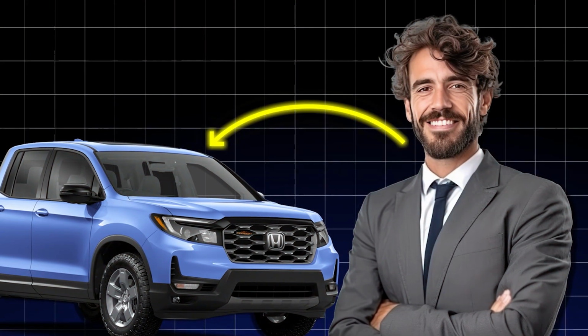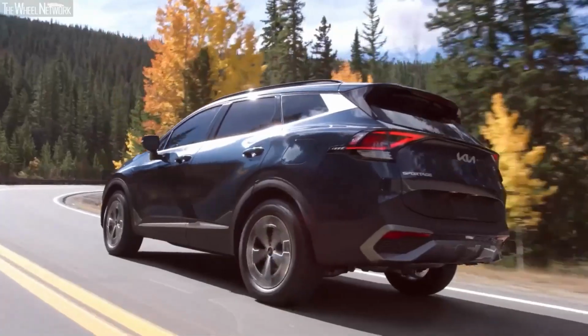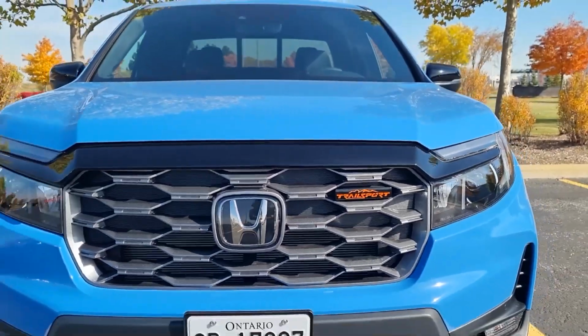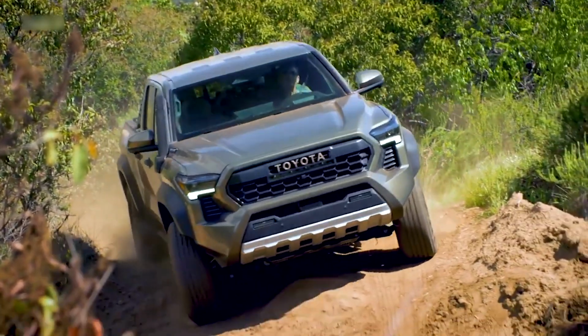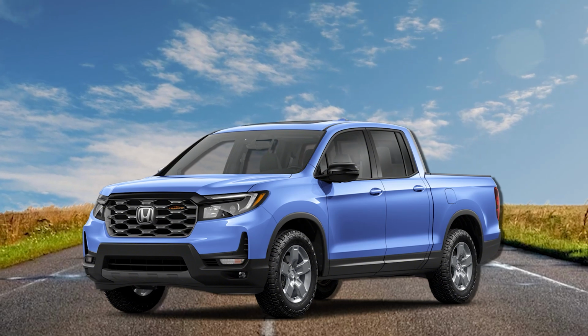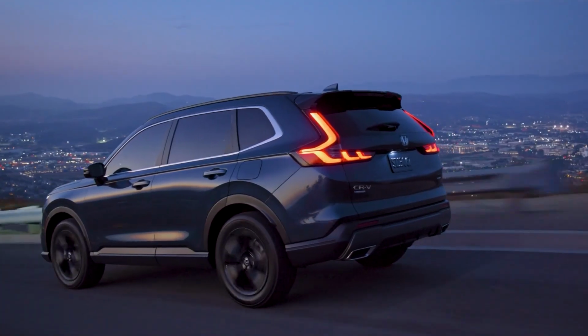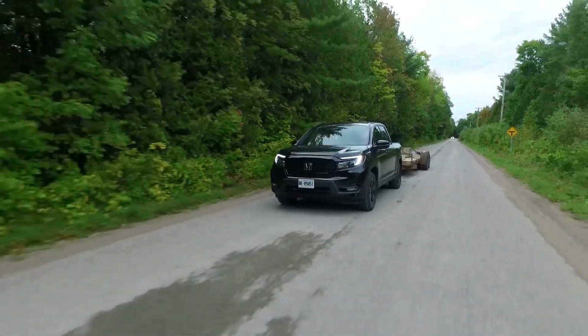Buying a new car feels like the ultimate fresh start, but could your new ride already be at risk? Every car owner dreams of the day they drive off the lot in a brand new vehicle, with its shiny paint, spotless interior, and the promise of countless trouble-free miles. But what many don't realize is that a brand new car is in one of the most vulnerable stages of its life. This period, often referred to as the break-in phase, is critical for ensuring the long-term health and performance